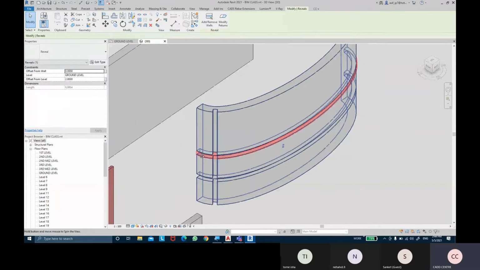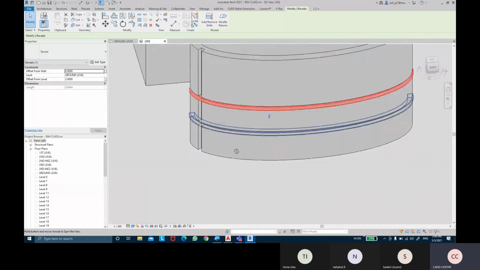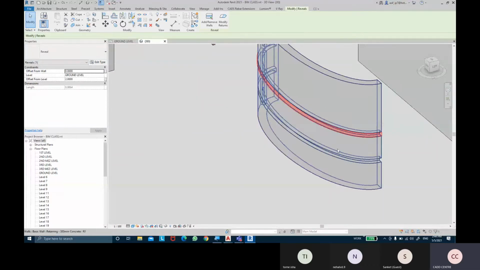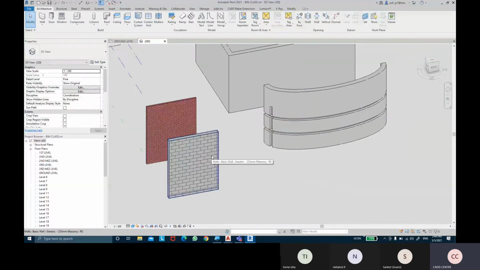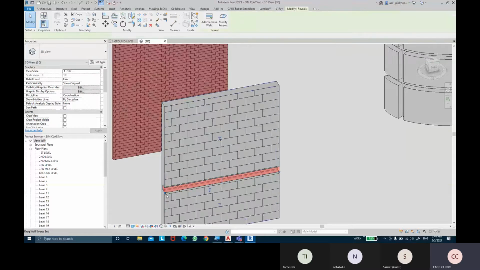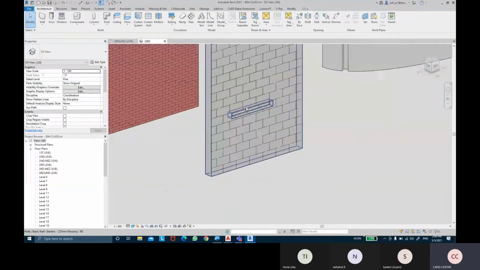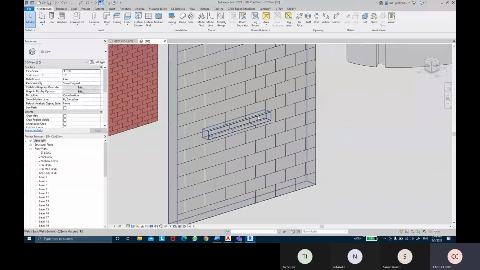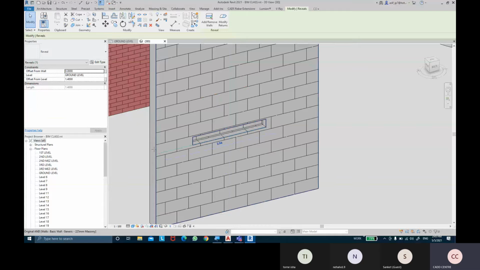You can then select the drag points and drag the reveal points as well. Select some drag points and drag them in and out. Even if I'm applying it to these walls, I can select the reveal line and drag it to the center. Then you can see it just reveals that part of the wall. I can even take it to the end of that wall.